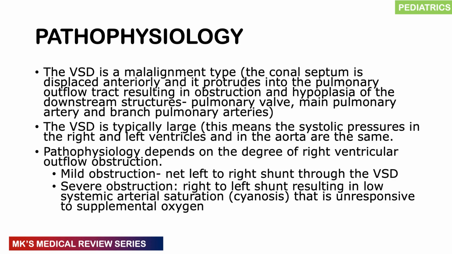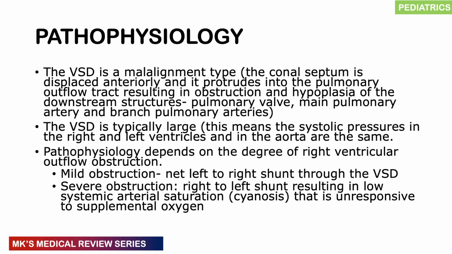And because you have this very large defect between the right and the left ventricle, it's going to mean that the pressure in the right ventricle is essentially the pressure in the left ventricle, and even to some extent the pressures in the aorta are going to be the same. So that means the degree to which you're going to have shunting of the blood